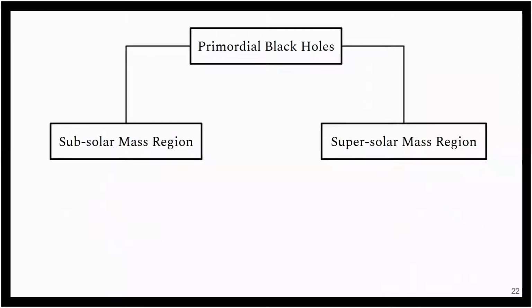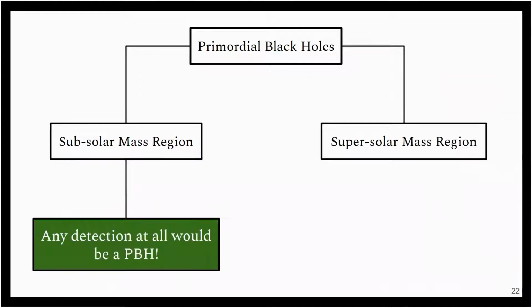So very broadly, what we did was we divided primordial black holes into roughly two big regions. We have the subsolar mass region, which is below 1 solar mass, and the supersolar mass region, which is anything above 1 solar mass. The good thing about the subsolar mass region is that no other astrophysical theories really predict the existence of any objects here. And so that basically means that if we were to make a detection, it would be